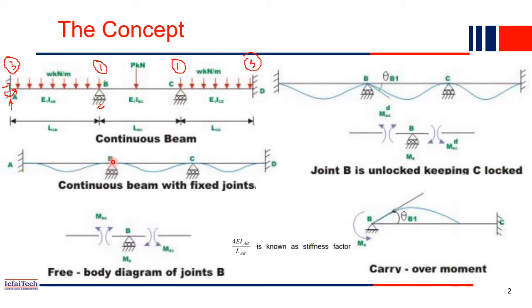Similarly for B. Originally B was a roller support, but as per our assumption, we first made it a fixed support. Once you make it a fixed support, see the deflection. This was the original deflection if it is a roller, but here we make it a fixed support. That's why the deflection is zero there, and actually the slope at that point is zero. See, the slope started from here itself. Similarly here, we fixed this joint C, so the slope at this point is zero. So that is our first step, to fix all the supports.